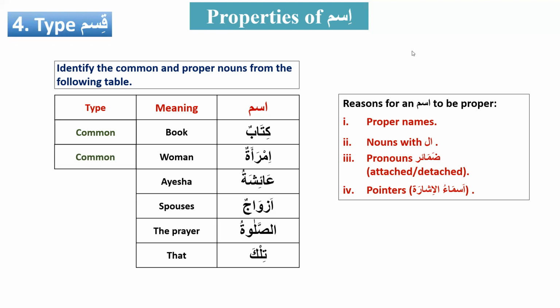Daniel, yes. Your word is Aisha. Okay. Aisha is a proper noun. It's because it's a name. It's a proper name of a person, right? Yeah, that is why it falls under the first category. So that is why it is a proper noun. Good job. Taimia, are you going to help me?